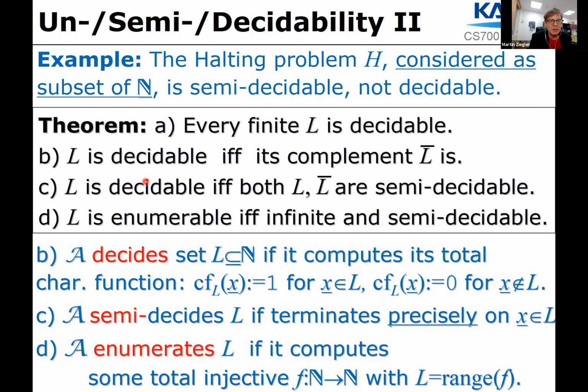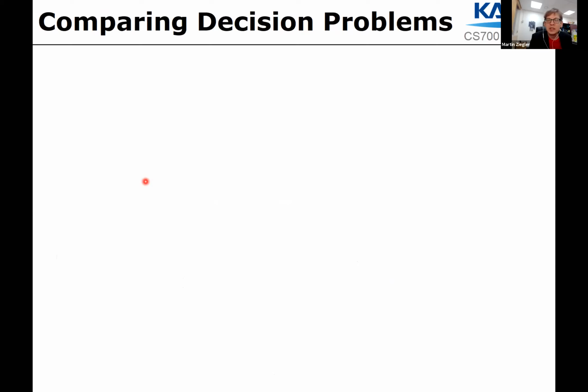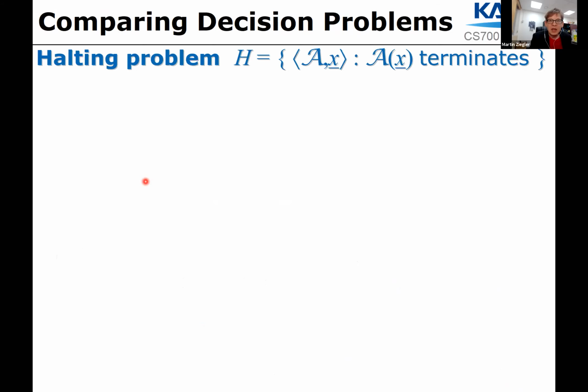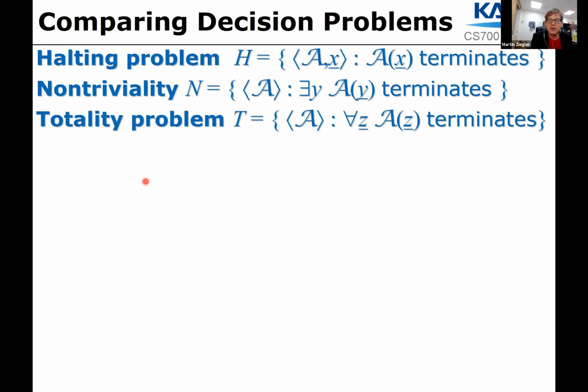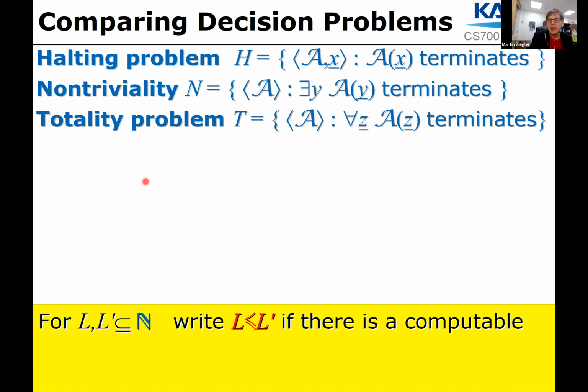And we've seen examples and properties, and then we have proceeded to compare decision problems by notions of reduction. The problems which we have compared using reduction are the three problems: the halting problem, the non-triviality problem, and the totality problem. First we've seen that all of them are indeed undecidable, but there are differences, there are degrees of undecidability, and such differences in undecidability can be investigated using this partial order on decision problems,